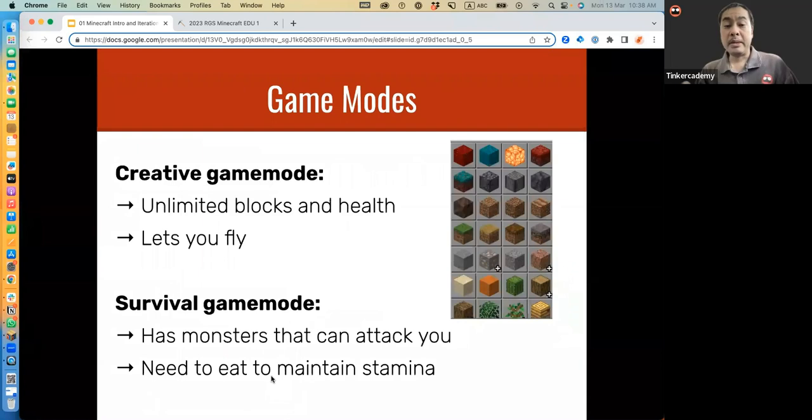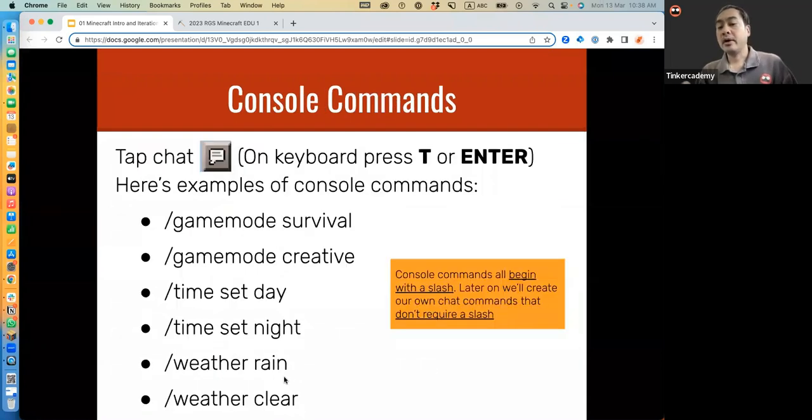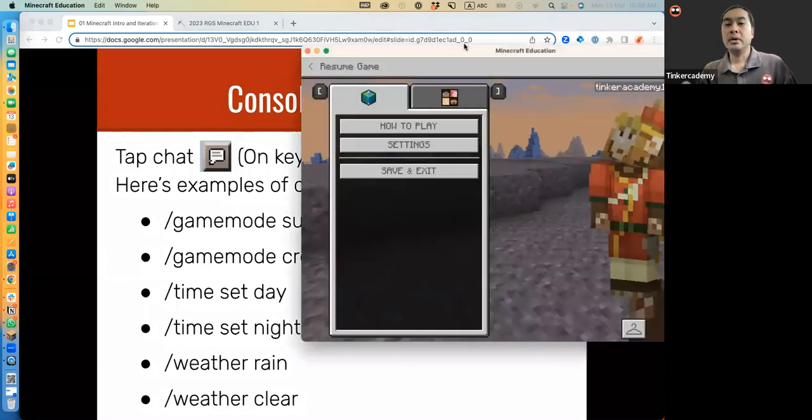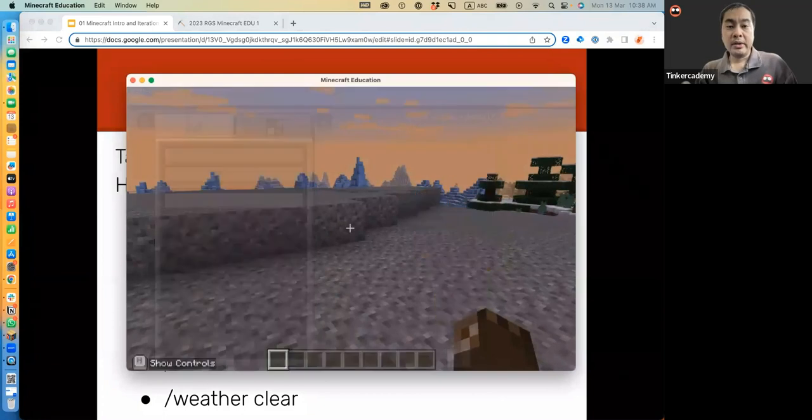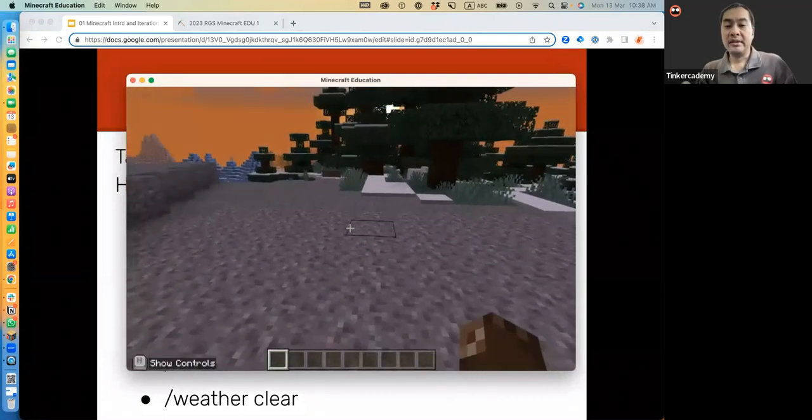We'll be making more use of our commands, all right? So don't worry about that. We will especially use the commands to do our coding. But one thing to note as well is that,